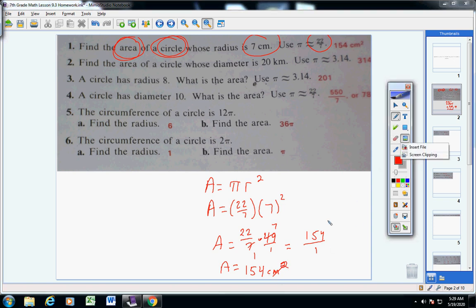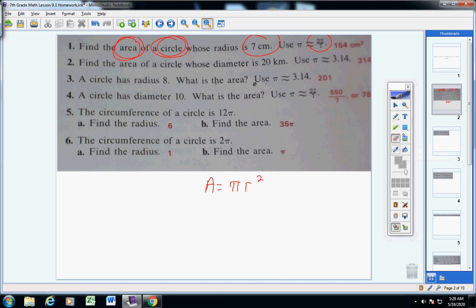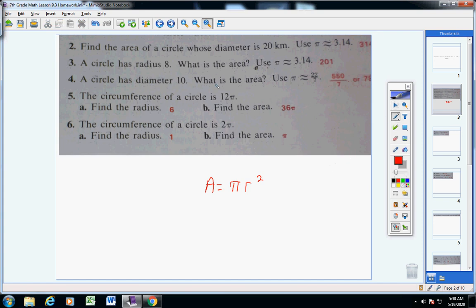Okay? Alright, number 2. Let's find the area of a circle with a diameter of 20. So we're going to find the area of a circle with this diameter. So here we go. Now for pi, we're going to put 3.14, it tells us. And now remember, guys, diameters are always twice as big as your radius. So if your diameter is 20, your radius would be 10,